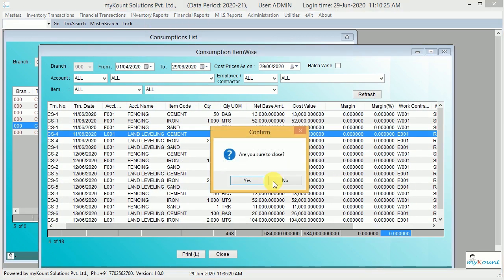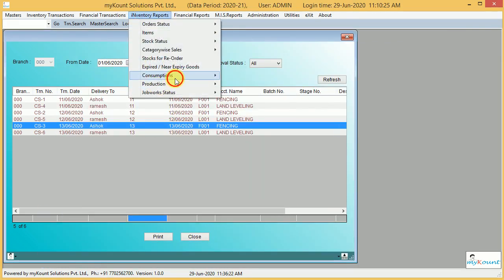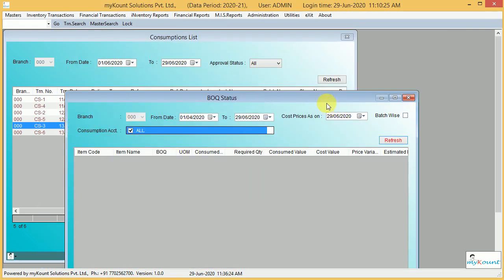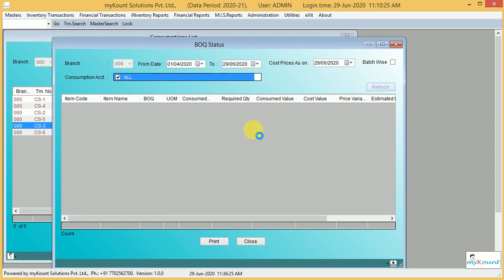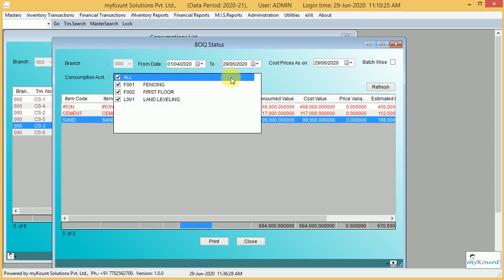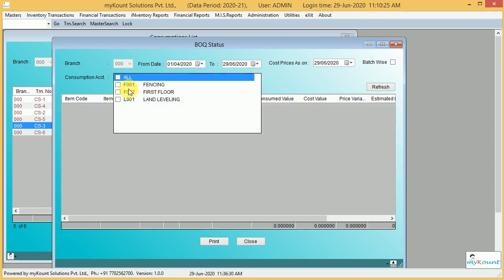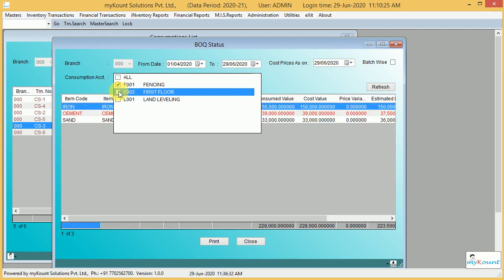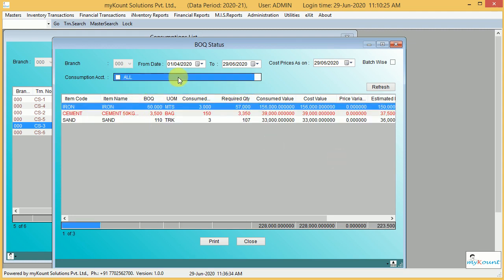So next, BOQ status. Here there may be so many BOQs. So we will select BOQ. Here I selected two BOQs. So here we can see for those two BOQs how much material is used and how much we already assigned and what is the balance quantity.